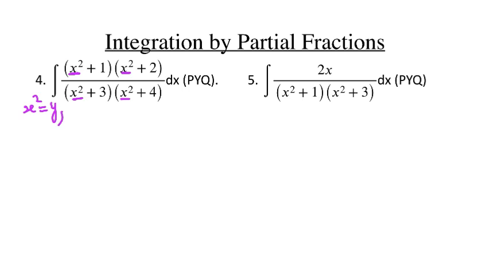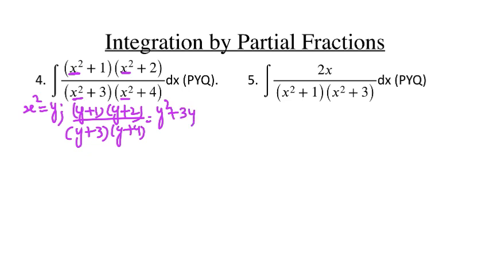After putting this as y, this function which is given to be integrated will become y plus 1 into y plus 2 divided by y plus 3 into y plus 4, and then we are going to multiply it to get it as y square plus 3y plus 2, and the denominator will become y square plus 7y plus 12. And clearly the numerator and denominator are of same degree. When they are of same degree, we are going to divide the numerator by the denominator and rewrite it using division algorithm. So instead of 3y, we will write it as 7y plus 12, and then write down what is